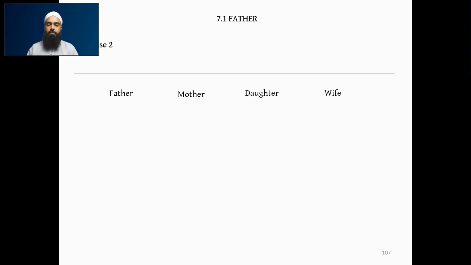Now to reveal the answer: the wife gets 1/8 because there is a daughter. The daughter receives her usual 1/2 share. There's only one of her. The mother, because there's a daughter there, receives 1/6. And the father, because there's a daughter there, receives his 1/6 plus the agnatic share.